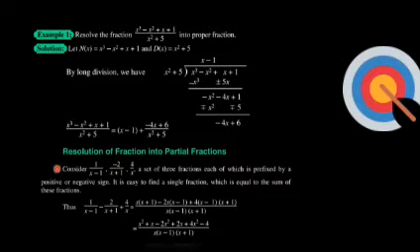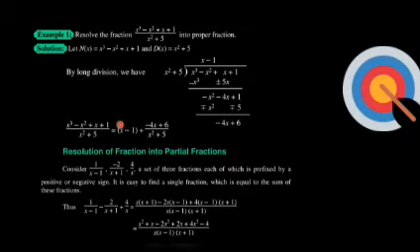Let's discuss the method of converting an improper fraction into a proper fraction. Resolve the fraction into proper fraction. As you can see, here we have highest power 3 in the numerator and in the denominator the highest power is 2. So we put the numerator inside of the division frame and we put the denominator outside of the division frame. By long division, upon solving it, we have x minus 1 as the quotient, x square plus 5 is the divisor, and minus 4x plus 6 is the remainder.